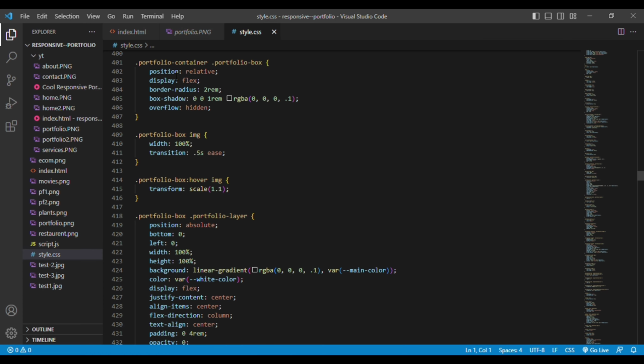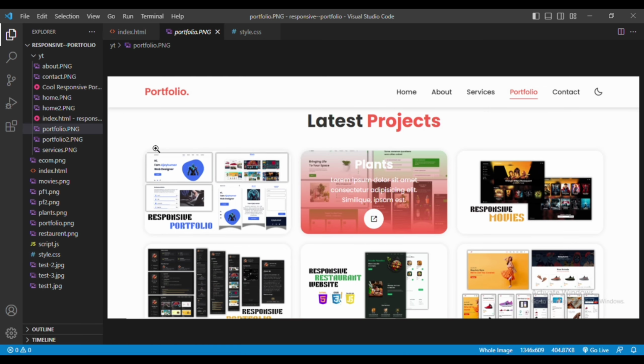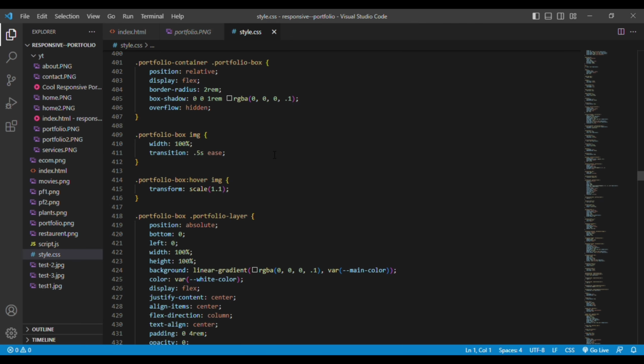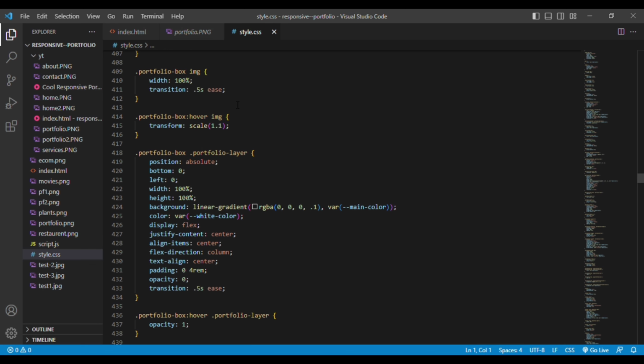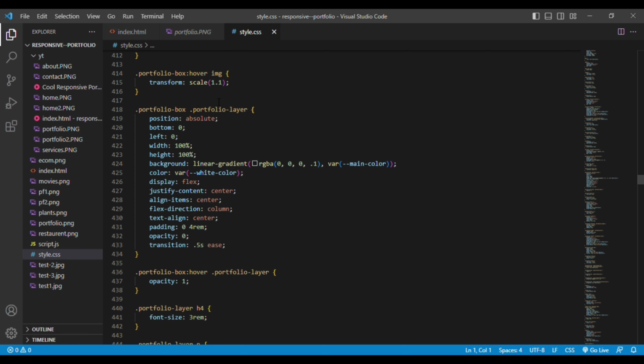Then we have the portfolio box, that is a single box, which is set to display flex. Then border radius is 2rem. You can see the border radius is 2rem. Then we have overflow as hidden, so if any element is bigger than the box size, then it is hidden. Then we have the portfolio image with the transition. So whenever you hover onto it,